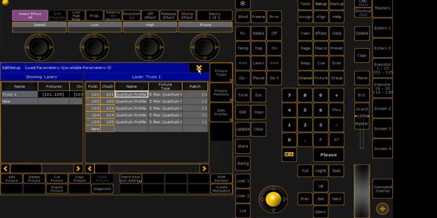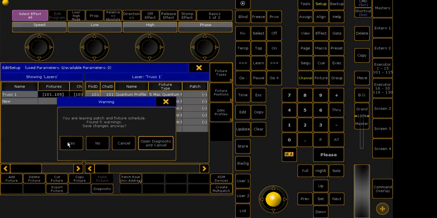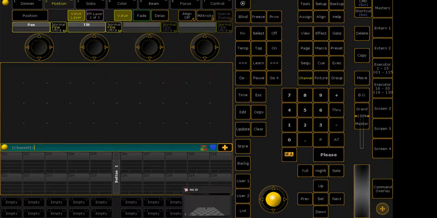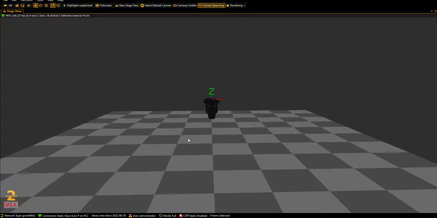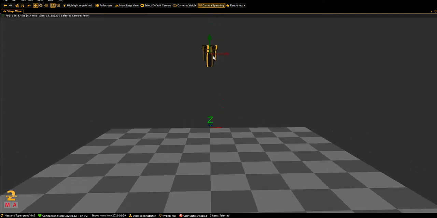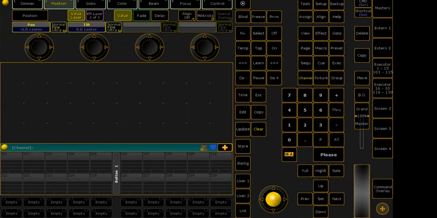Then you want to click X, and then click yes. Then our lights should be over here. There they are. If we want to, you can highlight them. You've probably done this on your homepage many times, like desktop. Just highlight them, pick them up if you want to, and then if you come back to MA on PC, you can see these are